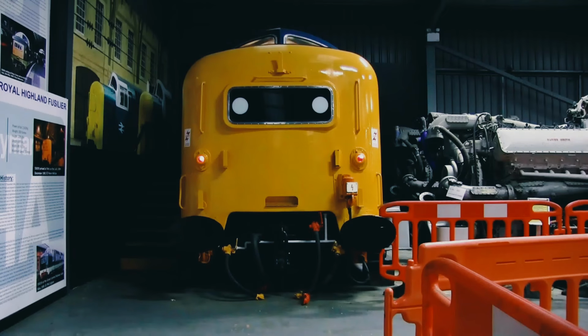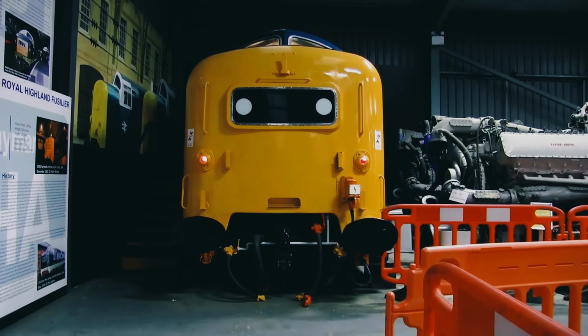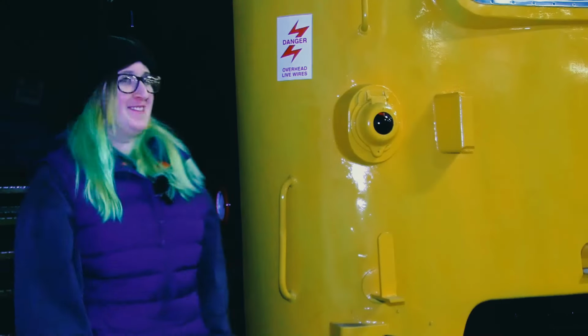Behind me we have number 8's cab. We acquired it in 1986. It has been on quite a journey itself. It was a train simulator back in 2004, and more recently we've had it refurbed by a group of our volunteers to make it